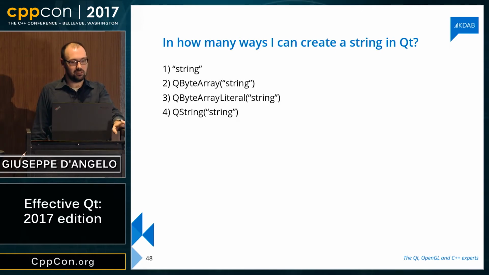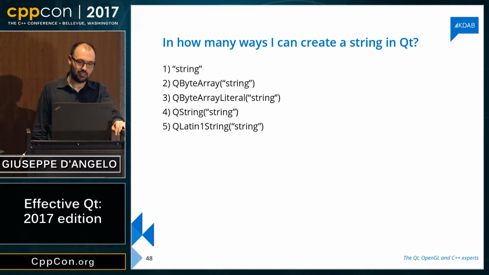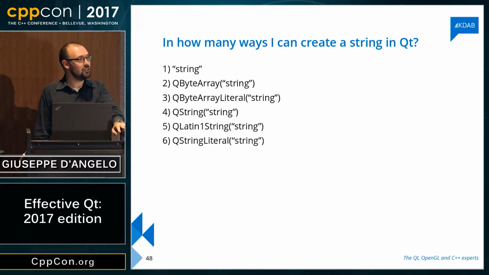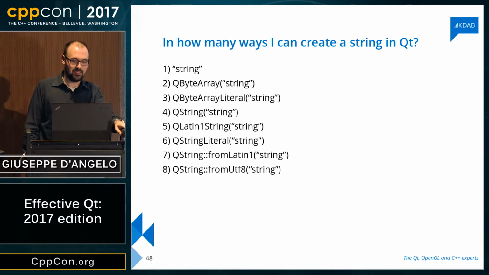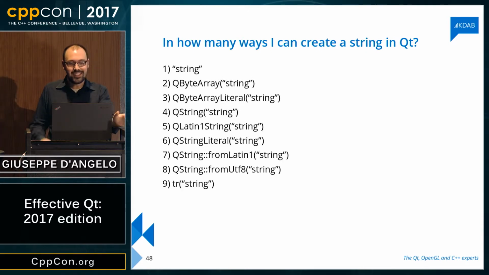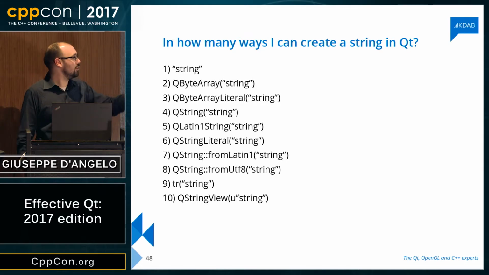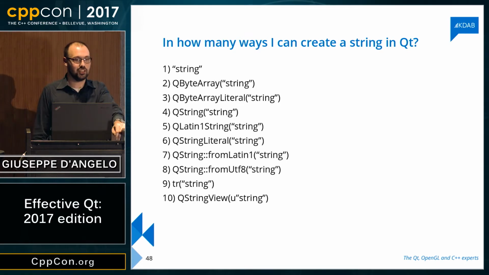Or maybe something like QString string. Or maybe QLatin1String. Or maybe QString literal string. Or maybe QString from Latin1 string. Or maybe QString from UTF-8 string. Or maybe tr string. Or maybe QStringView, and now I need a Unicode UTF-16 string. That's lots and lots of ways of creating a string in Qt.